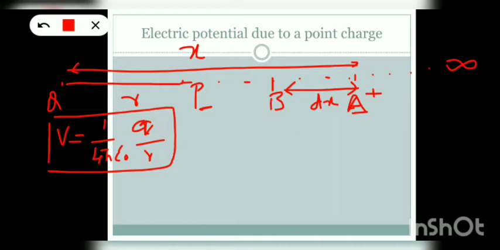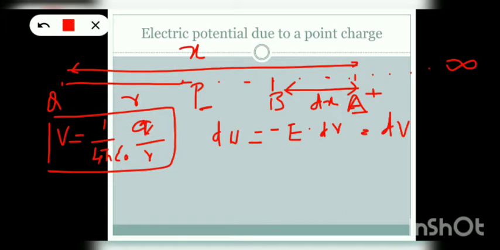Now you might have understood the expression for work done in the previous slide, that is dW equal to minus E dot dr. Work done is equivalent to the potential, so dW can be equated to dV. So we can write a small change in potential, dV equal to minus E dot dr, and since it is a dot product, the result of any dot product will be a scalar quantity. Hence potential is also a scalar quantity.